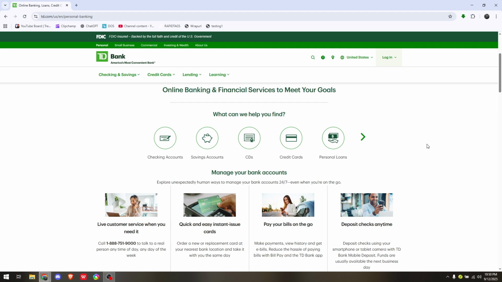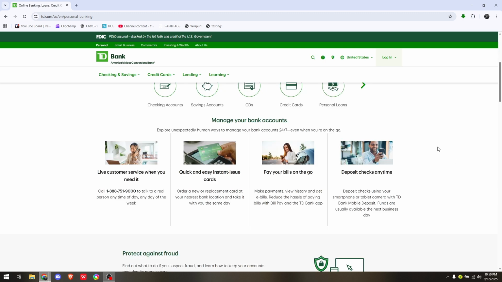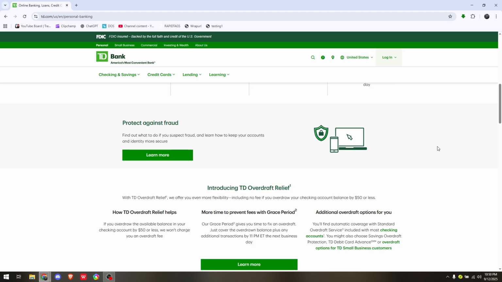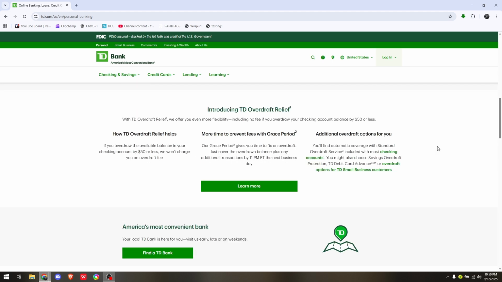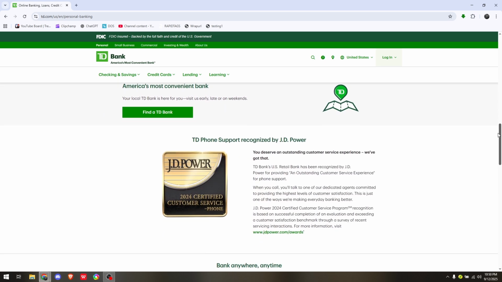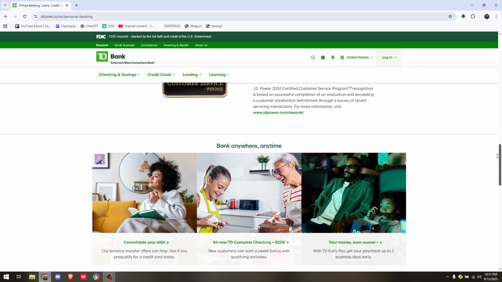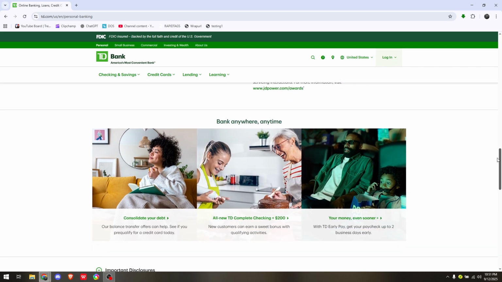How to use TD cashback credit card. Now, this specific feature that has on TD Bank is actually rewards based. So what you want to do is to make purchases so that you'll get rewards out of those transactions. And once you already have accumulated a certain amount of rewards, you can now then earn or use the TD cashback